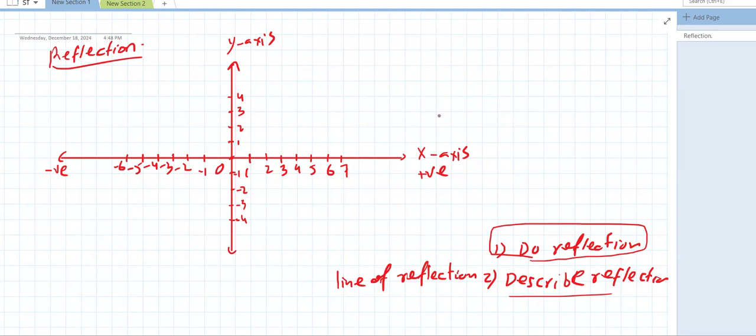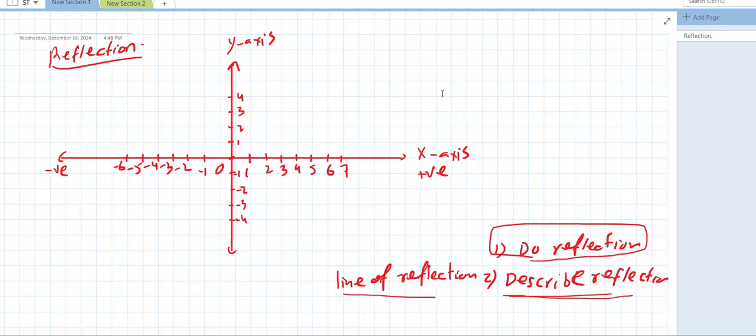Yes, Iman, of course. It means that the size will not change, but the position and orientation will change. Okay? So the line of reflection will be given when you have to do the reflection. And when you have to describe the reflection, so